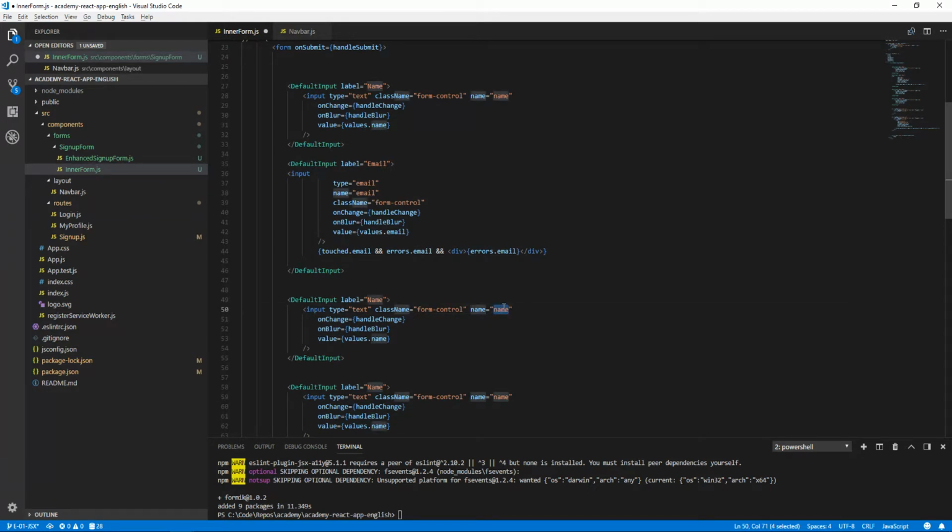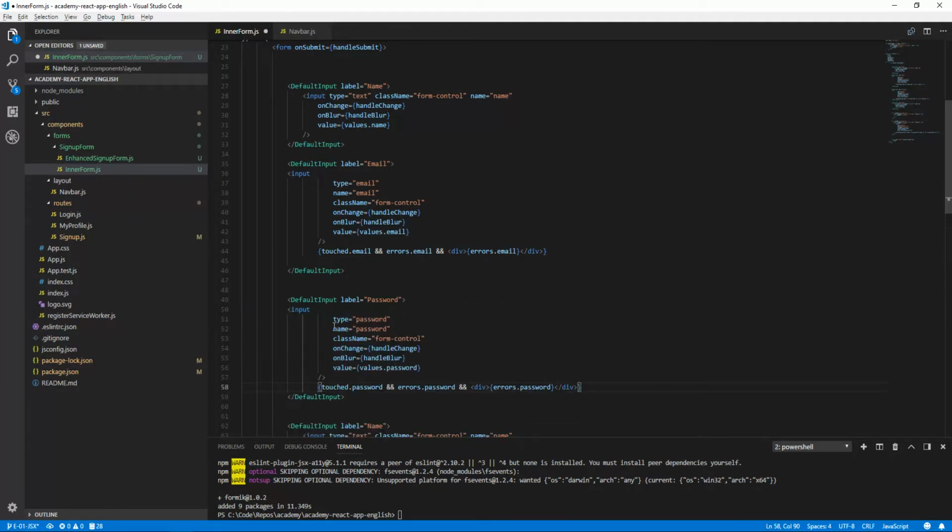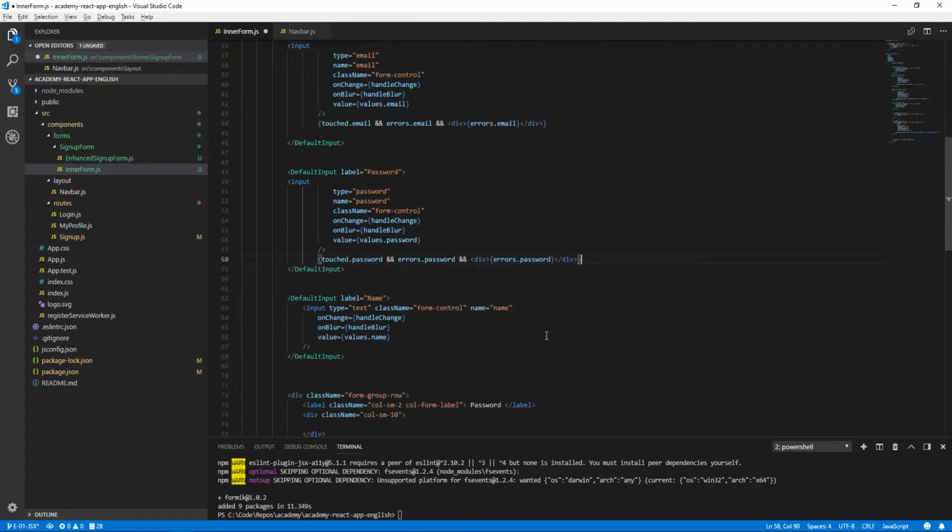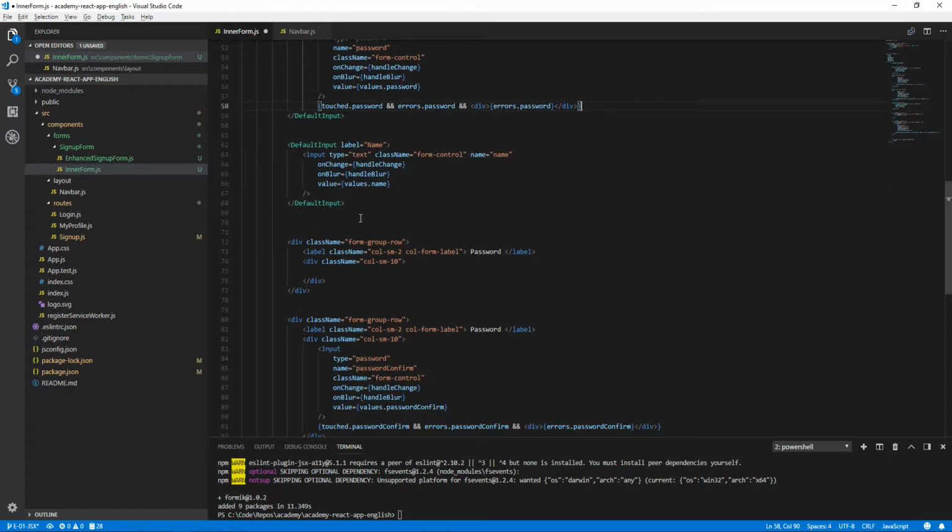Add here password, the type should be password. Could actually just add it like this, and